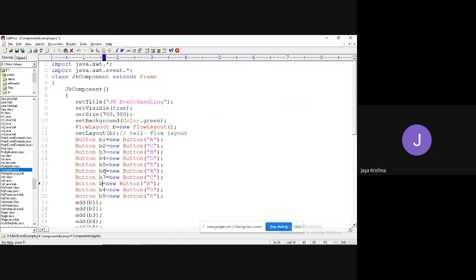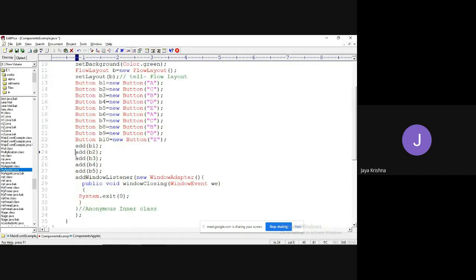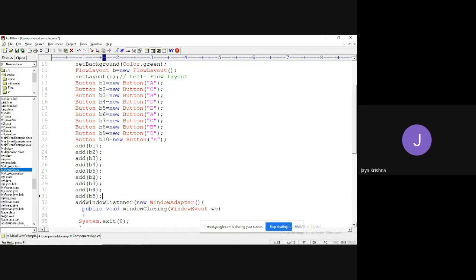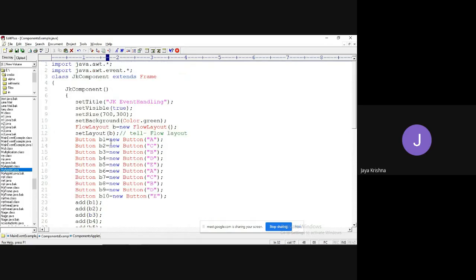Six, seven. So if I add, you will get the clear cut. Seven, eight, and we'll set the size 400 by 300.